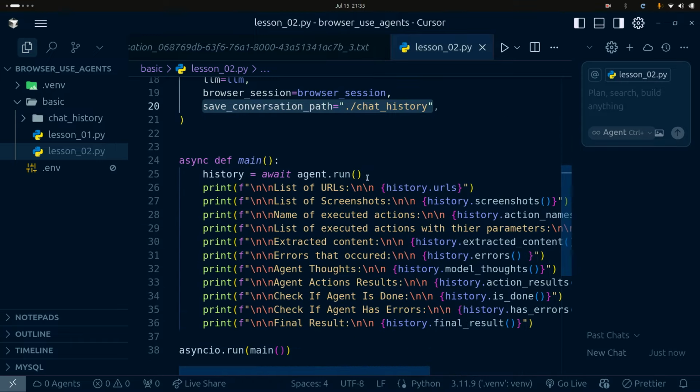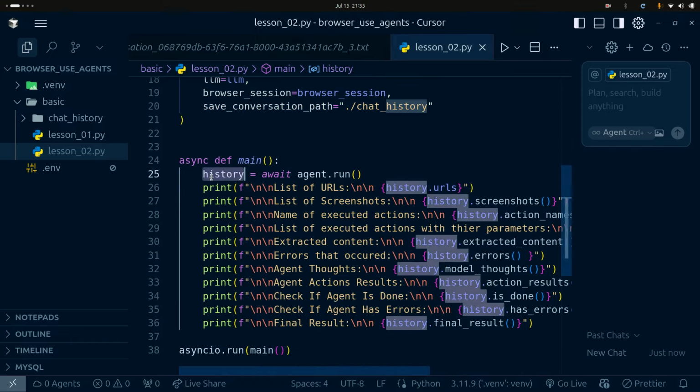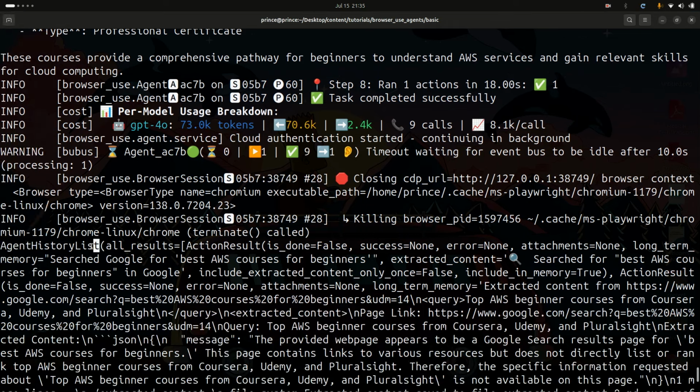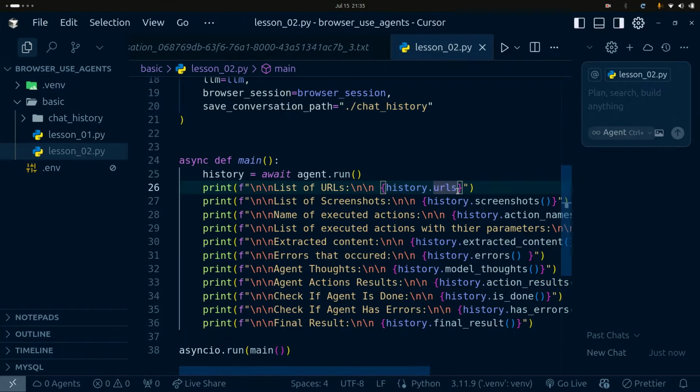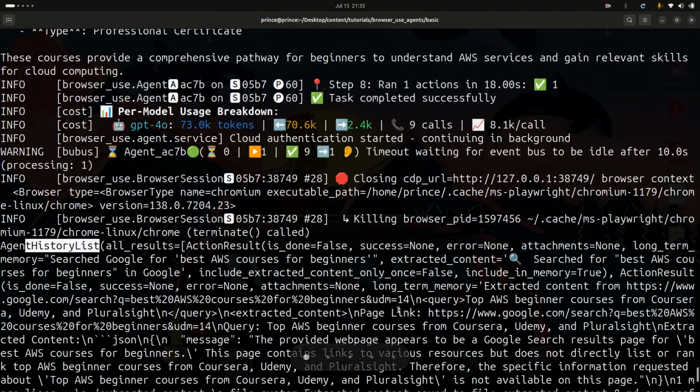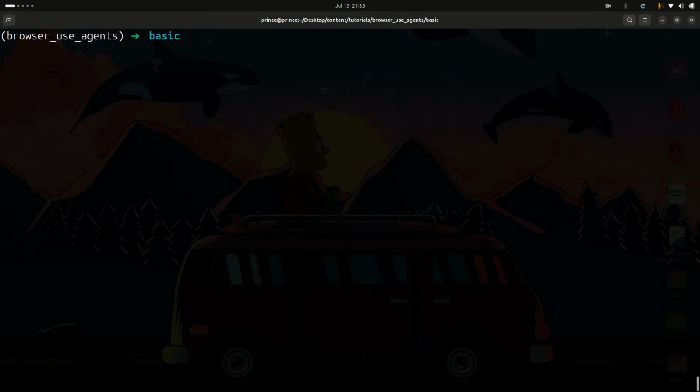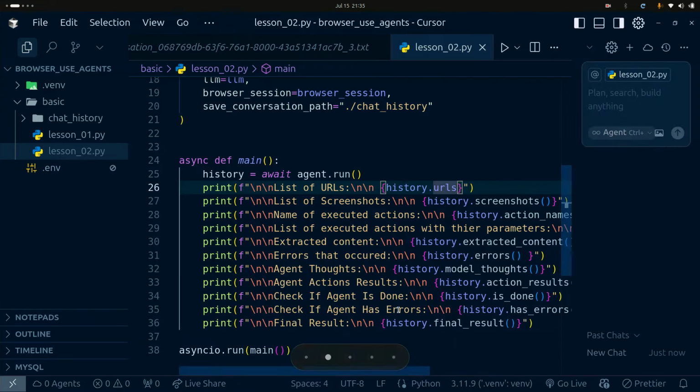Yeah, and then from there we execute it. We get the agent history list object back, and then you can execute these different methods to extract these different things. So you can get the different URLs, you can get the screenshots, and you can print all this out, right? So you can execute this again. It's going to take a bit of time, but you can execute again, and we should get a list of